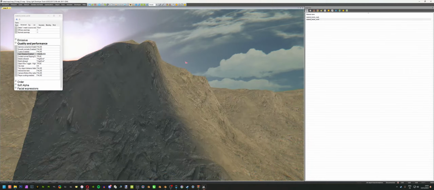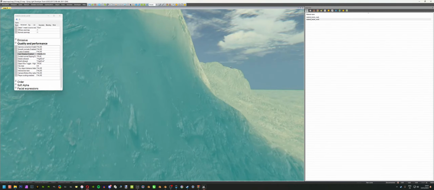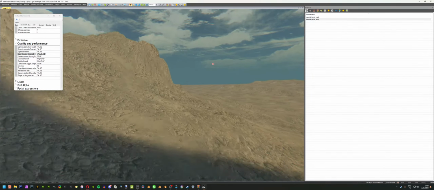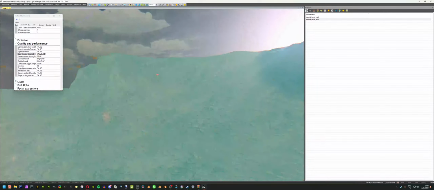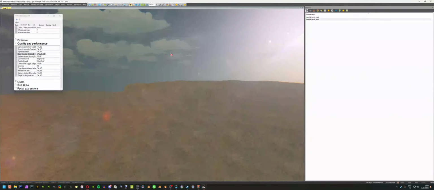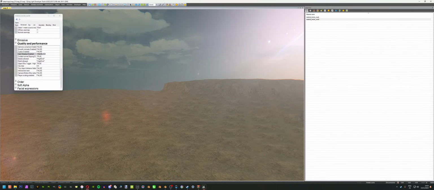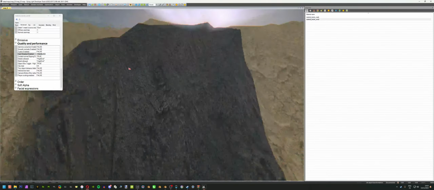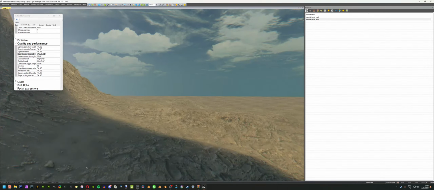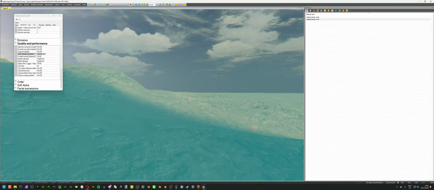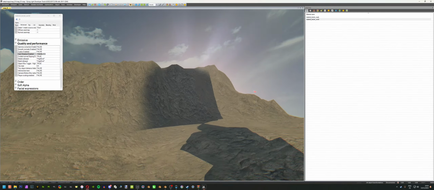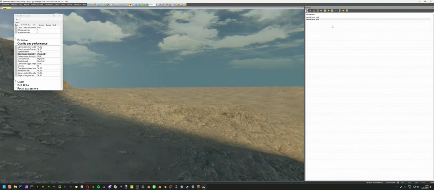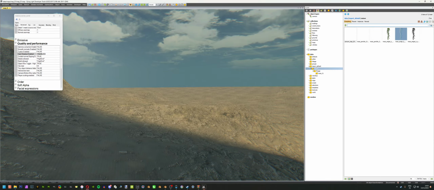So yeah, you have shadows from afar. It's not looking good, but what can you do? Not much. Huh? Can't really do anything better than that. It does cast shadow in a weird way. I don't know. I will try and